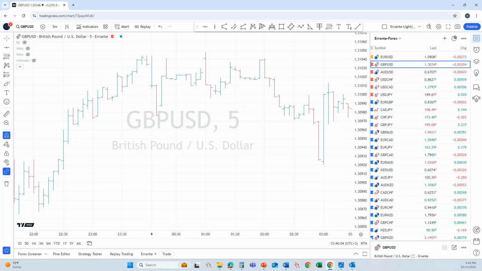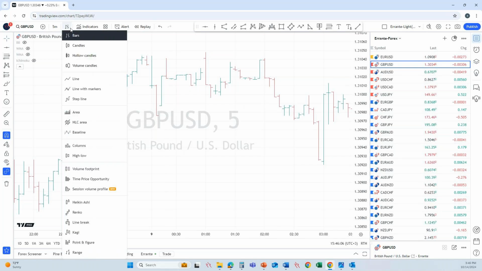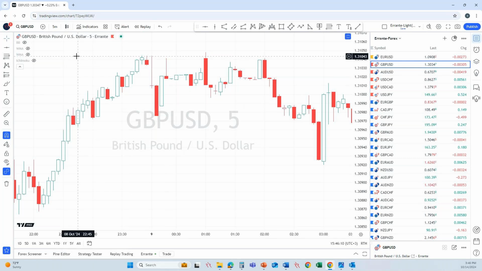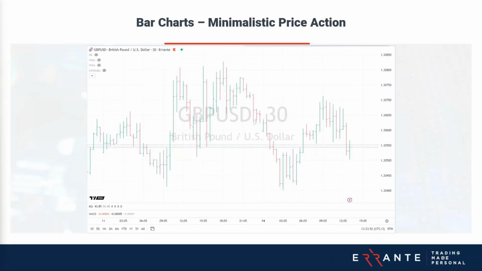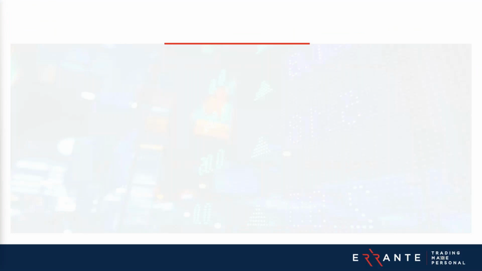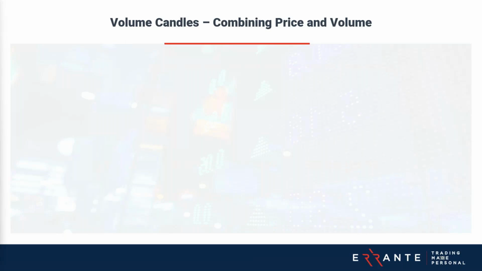Next, let's see what we have in the store. The next one is a hollow candle. It's very similar to the regular candlestick pattern, so we're not going to discuss that maybe, but let's focus on something which is very